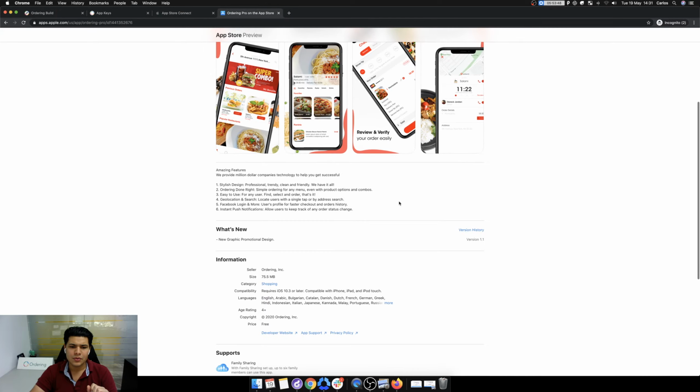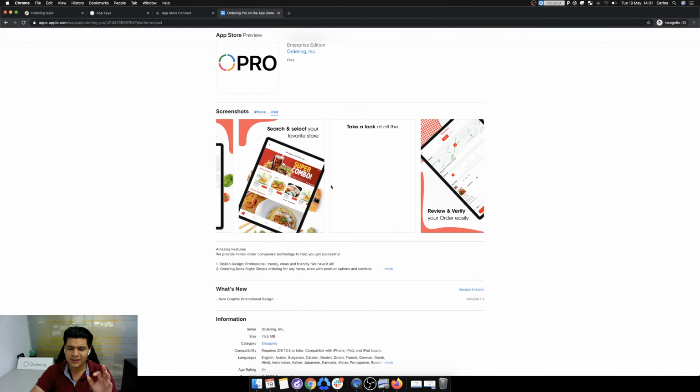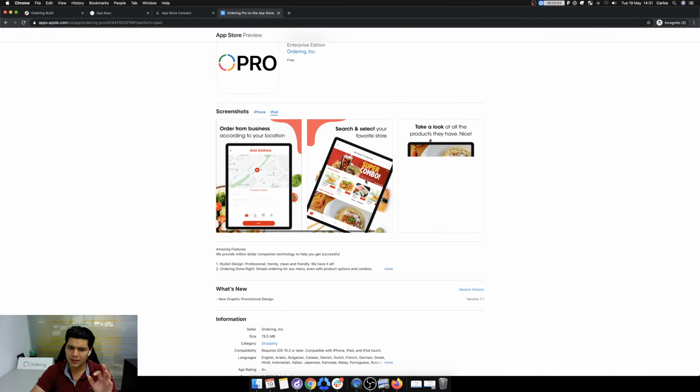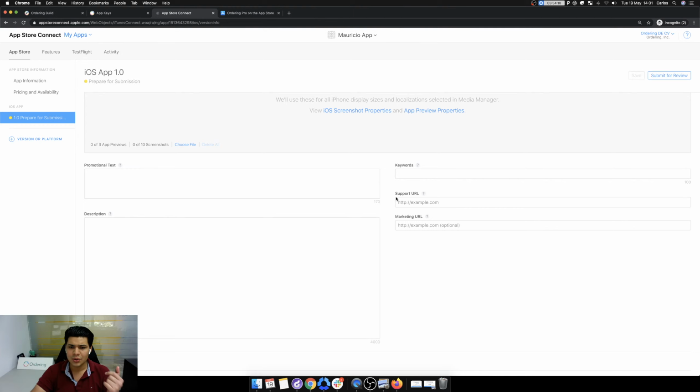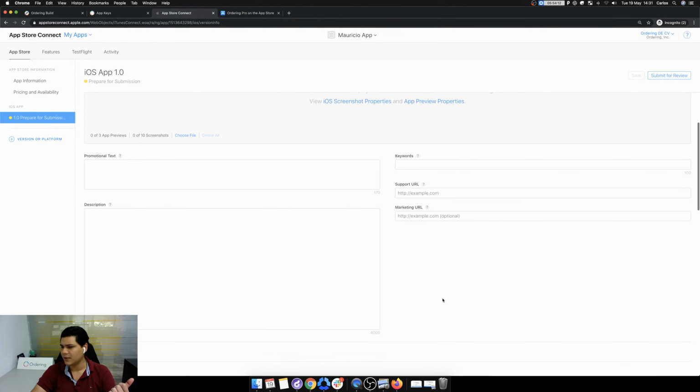So imagine if you sell your app like this, I'm sure it will get more recognition. Make sure to give a lot of thought to what you're putting here in your listing. Also, the promotional text, the descriptions, the keywords for it to be at the top in the search. If your name is common, you have to work with all this in order to make it go higher.